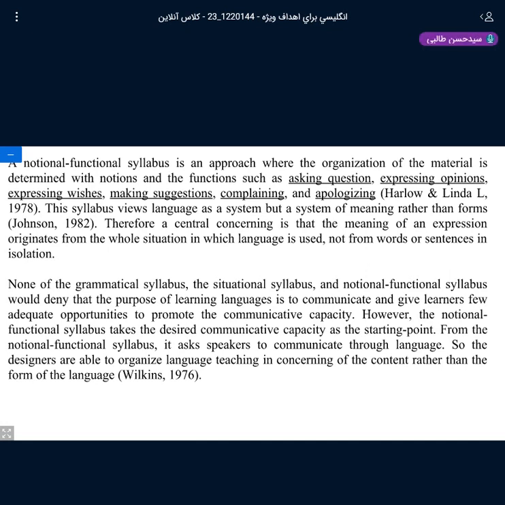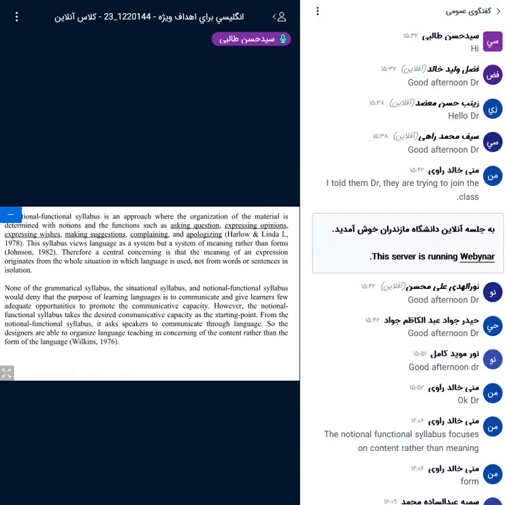But the problem with this type of syllabus is that there are a whole lot of functions and a whole lot of situations that exist, especially in general English. In general English, a course which is based on functional linguistics or a functional syllabus cannot be a comprehensive syllabus because many situations exist. And if we have a change in the dialogue, the student doesn't actually know how to keep the flow of conversation,